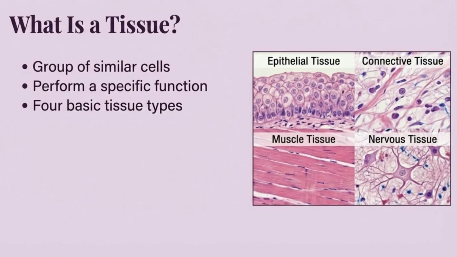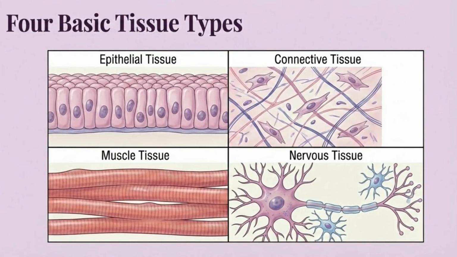A tissue is a group of similar cells that work together to perform a specific function. The human body contains four basic tissue types: epithelial, connective, muscle, and nervous tissue. Each tissue type has a distinct role. Epithelial tissue covers and lines surfaces, connective tissue supports and binds, muscle tissue produces movement, and nervous tissue enables communication